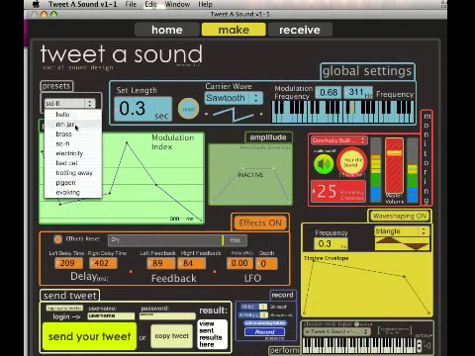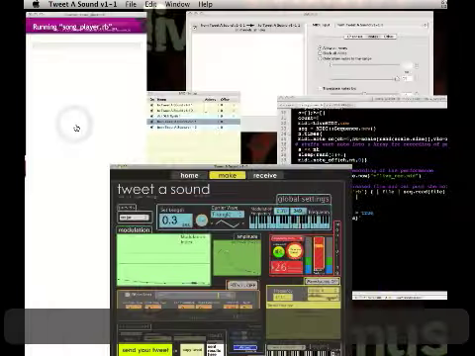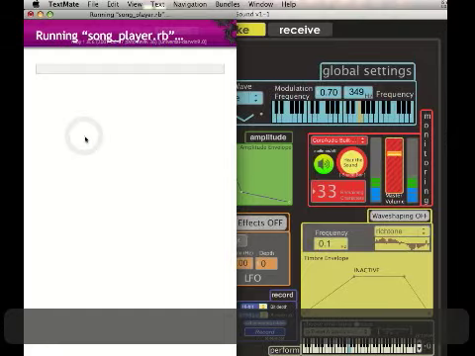This shows that it's running through TextMate. And what the advanced one does